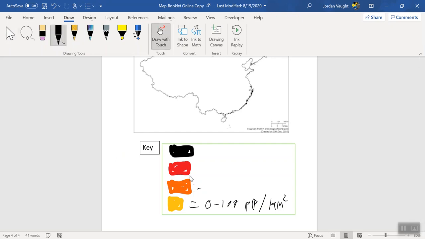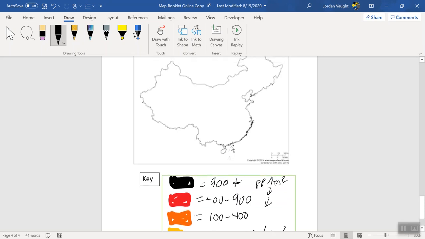All right, it's 100 to 400. Red's gonna be 400 to 900, and then black is 900 plus. All right, and that's people per kilometer squared, and then you just want to label all the rest of them down. All right, so that's generally how I want you to label that, and then you're going to then color